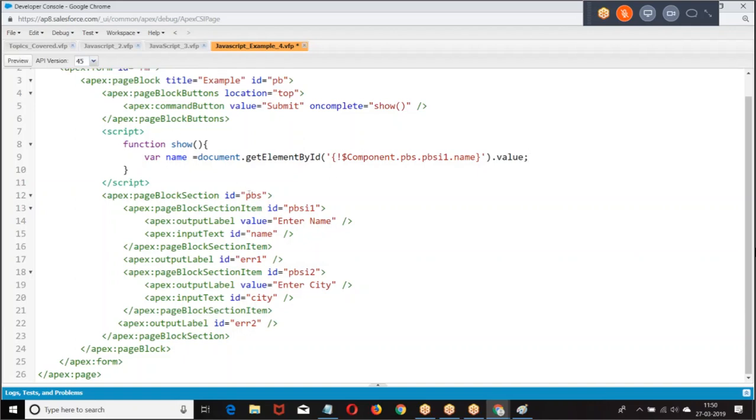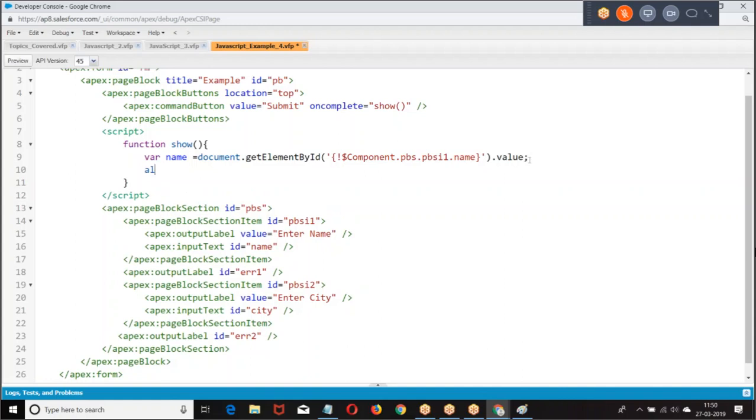Now from here, what is the path we have? Page block section, section item. Now let us see. Dollar Component dot, the remaining path.